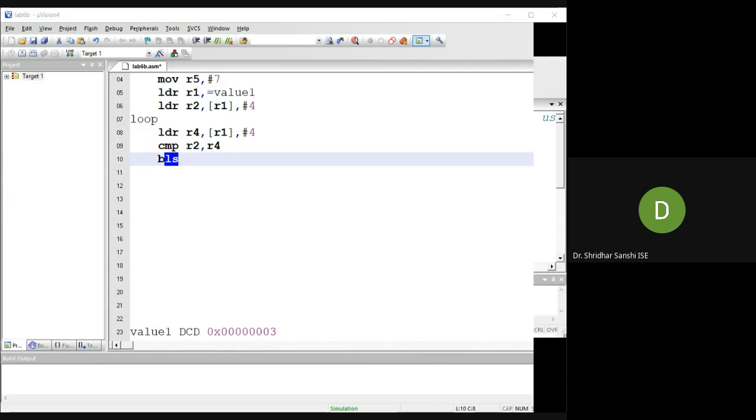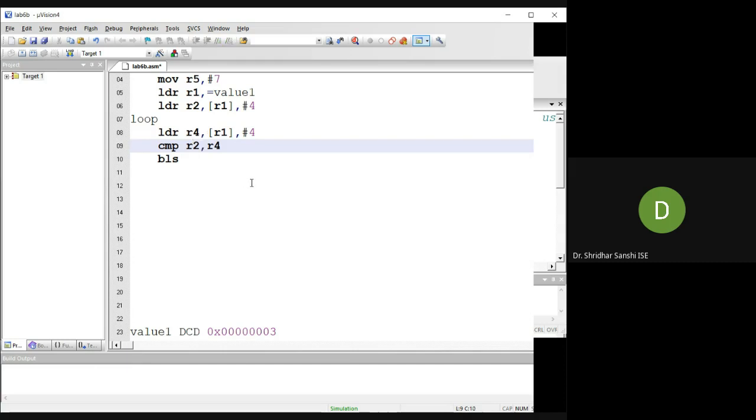Earlier we used BHI, higher. So here it is BLS. If we subtract the values, then the result will be either 0, positive or negative, right?